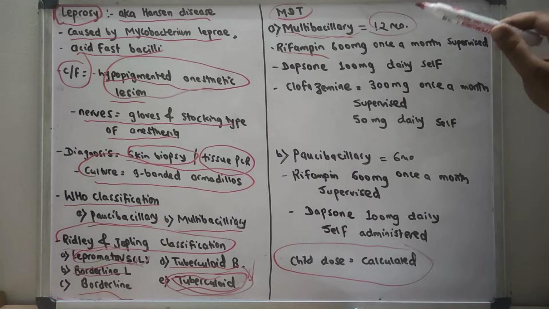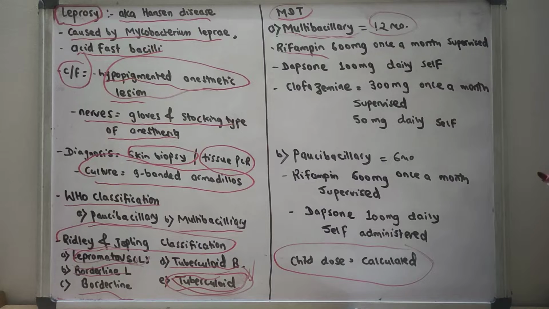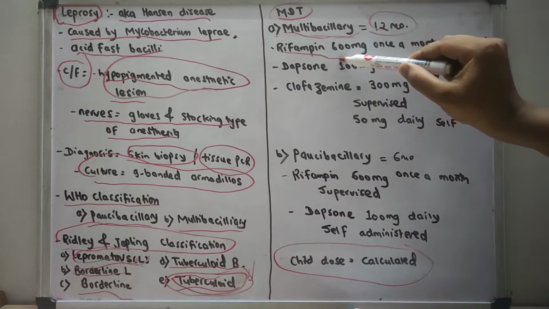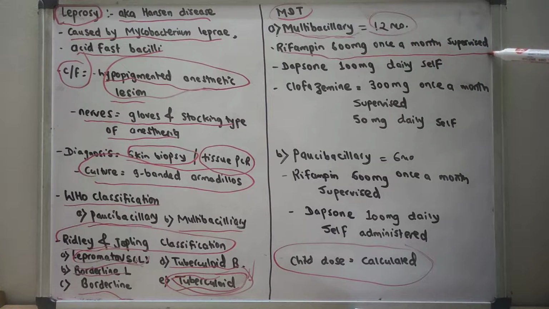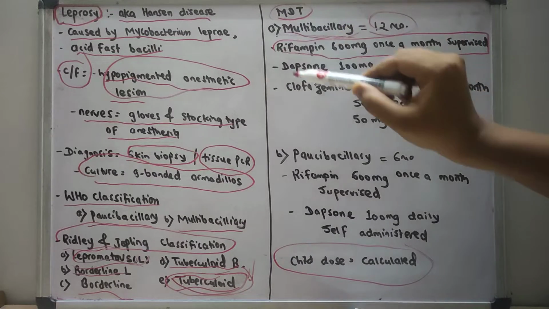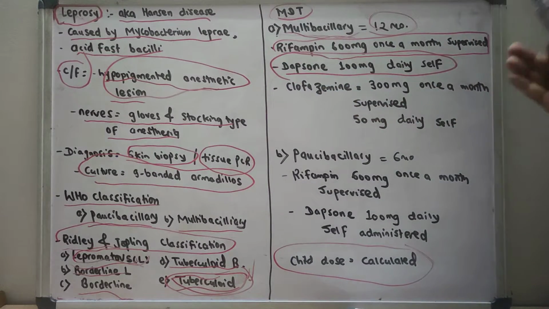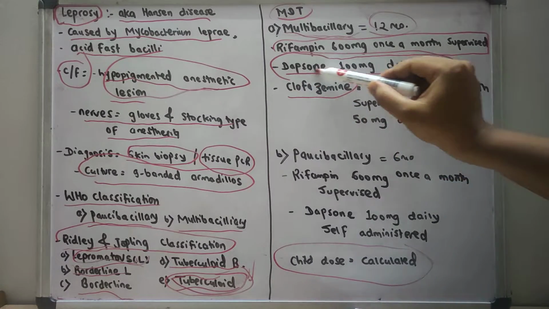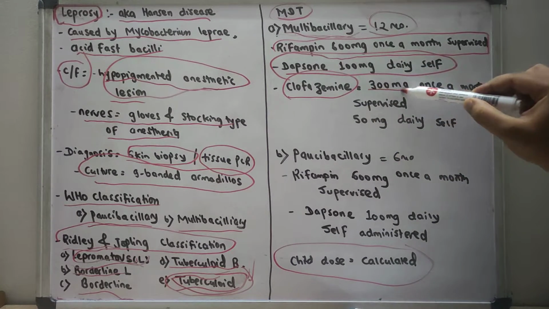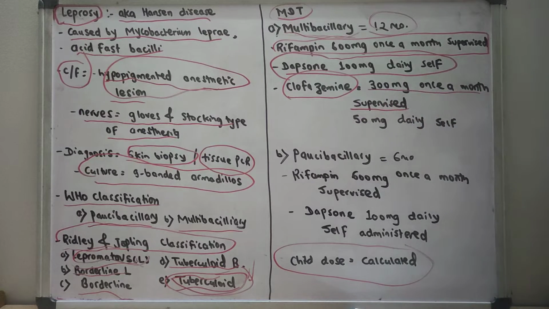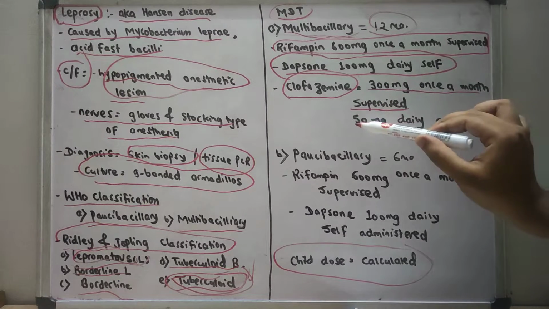Here we give rifampicin 600 mg once a month supervised, and dapsone 100 mg daily self-administered by the patient. And we also give clofazimine. The clofazimine 300 mg once a month is given under supervision, but the patient has to take 50 mg